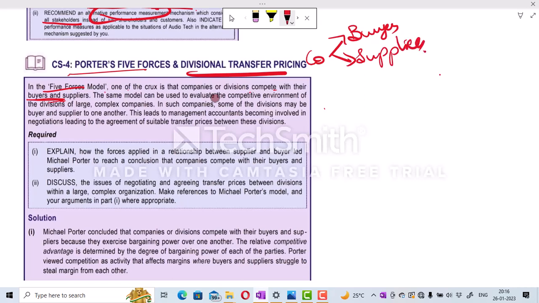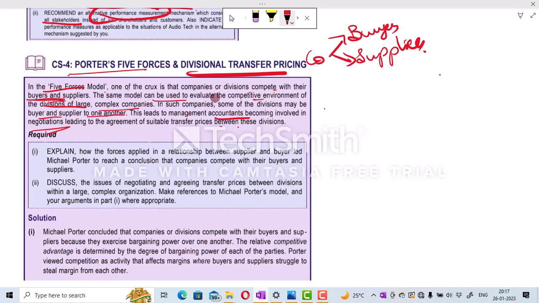The same model can be used to evaluate the competitive environment of divisions of large complex companies. In such companies, some of the divisions may be buyer and some of the divisions may be seller to one another. This leads to management accounts becoming involved in negotiations, leading to the agreement of suitable transfer pricing between these